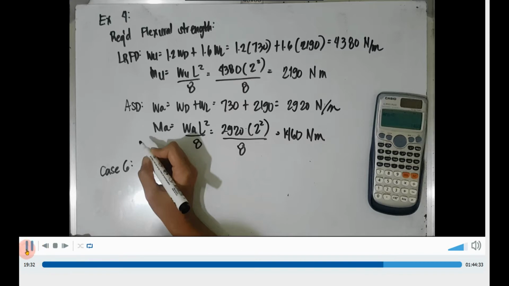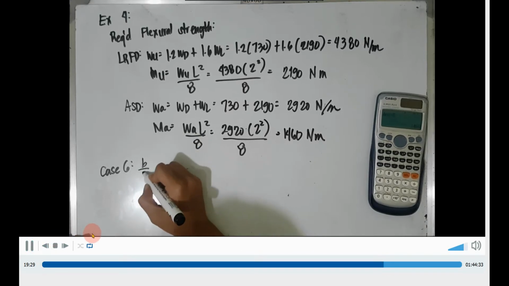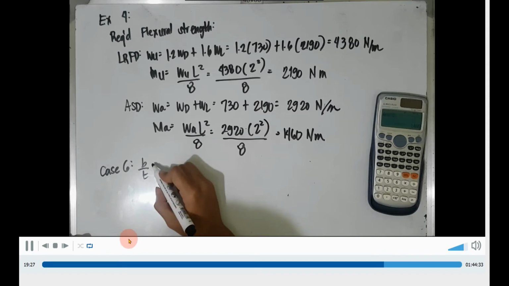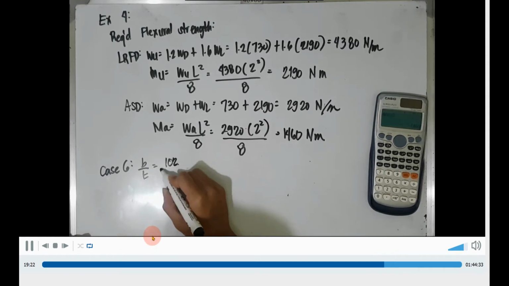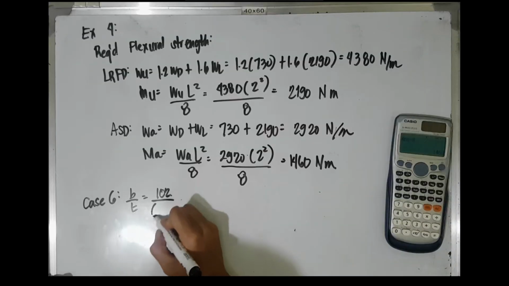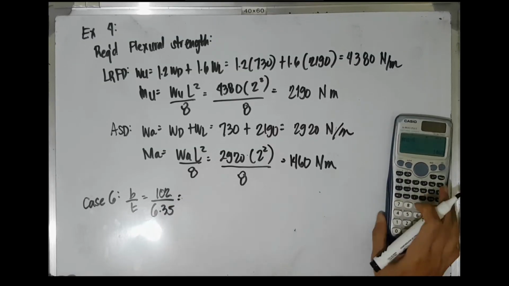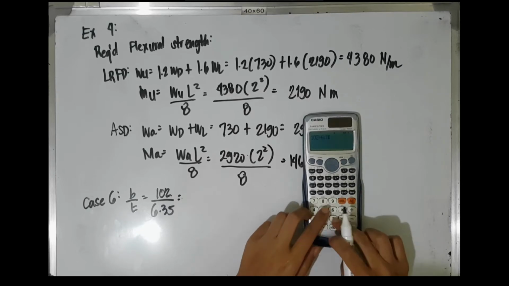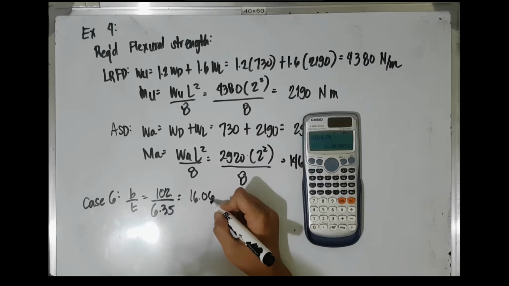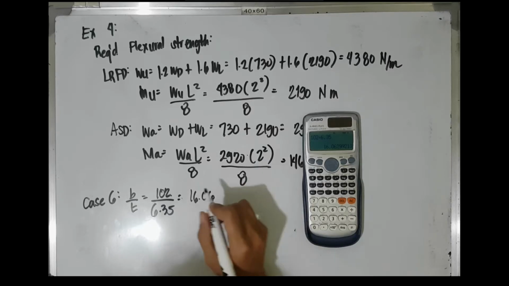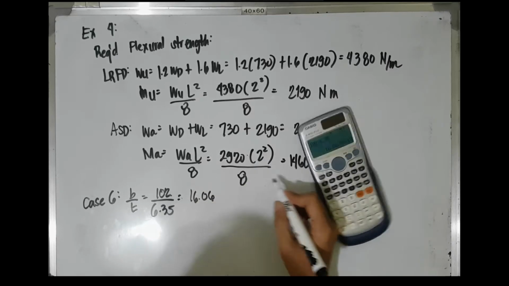And case number 6 with thickness ratio would be equal to b over t, in which our b is equal to the depth or the flange width, which is equal to 102 millimeters, and the thickness is 6.35. Therefore, our width thickness ratio is equal to 16.06,